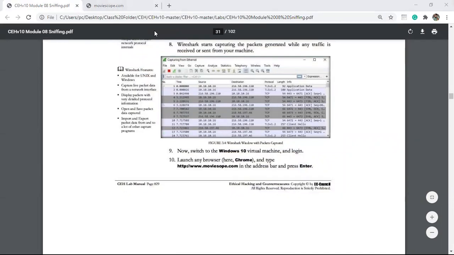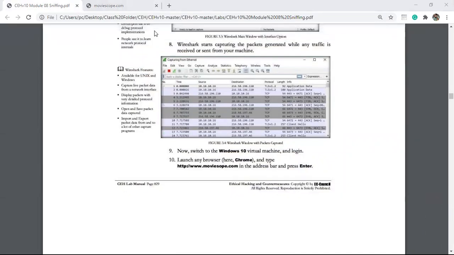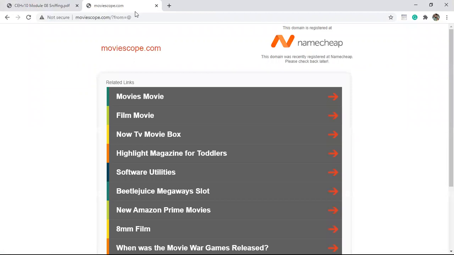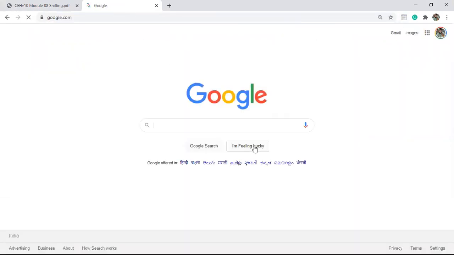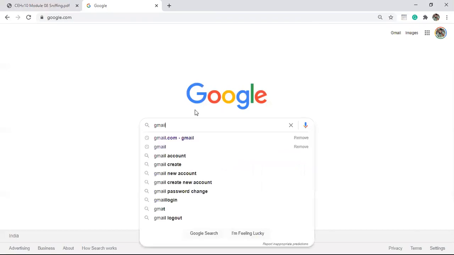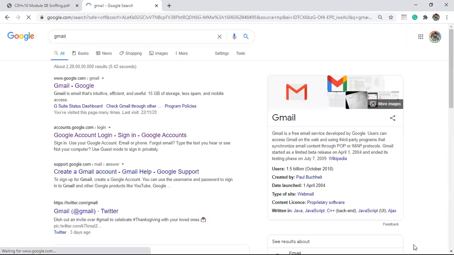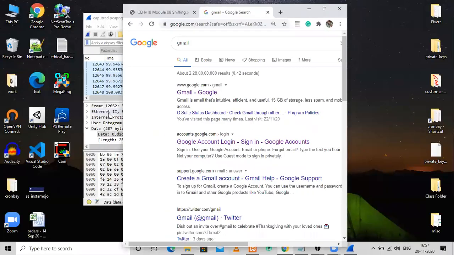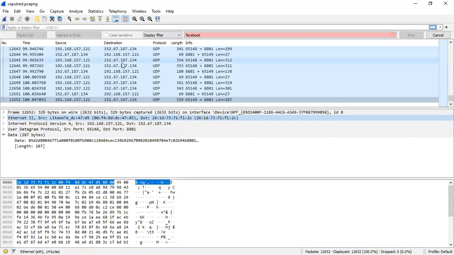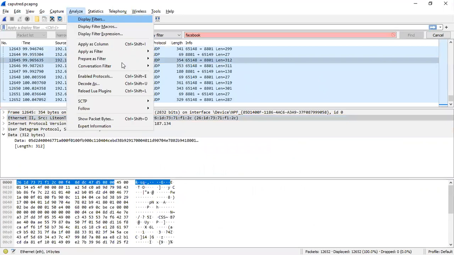So the website is not available. Let us try to enter something on some other websites. Try to enter on Google something. Gmail. Let us send it. Okay, sorry, the capture was not going on. Just clear all those things.